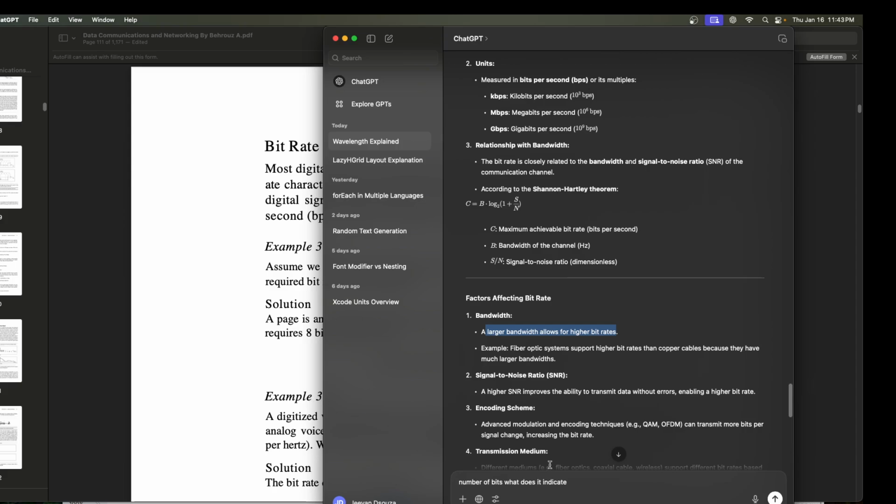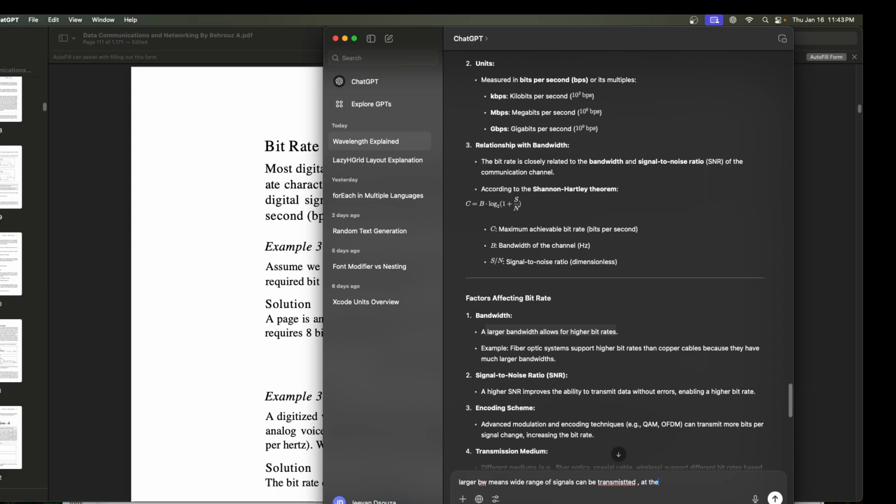Okay. Larger bandwidth means a wide range of signals can be transmitted, and